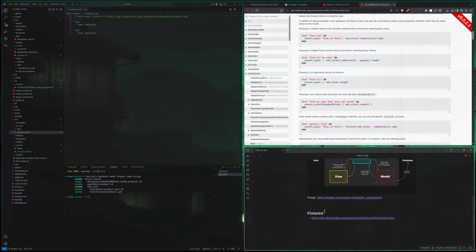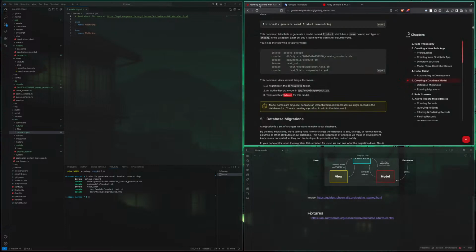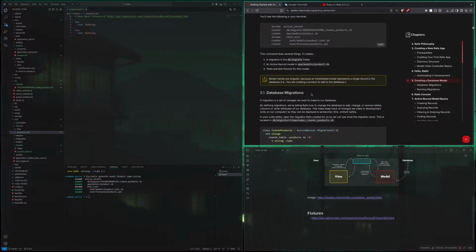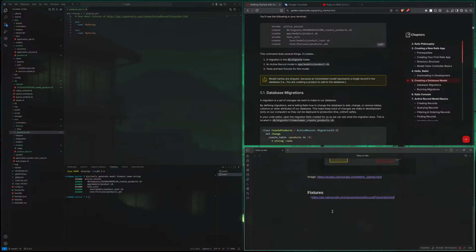It's going to be very useful, I think, later on. Okay, model names are singular because in an instantiated model. Oh dear. Okay. Yeah, we need to remember that.